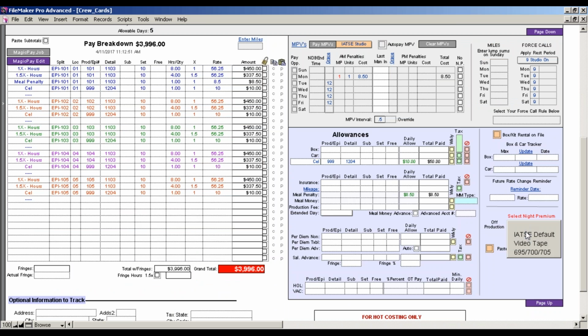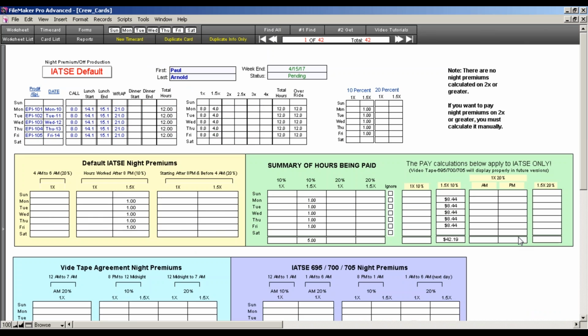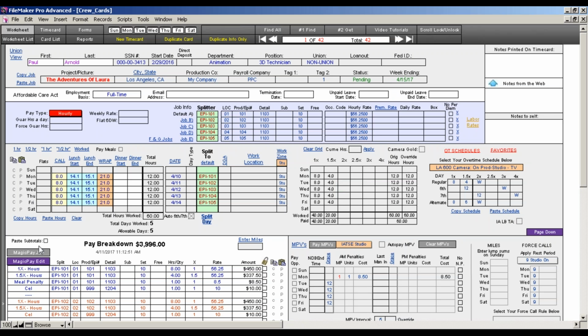All right, so if I come in here and say it's an IATSE, you can actually go in there and see if it's calcing any, by the way, too. And it did, 1 hour at time and a half. Obviously, we went into double time. So it was after 8 is what it was. So fair enough. I go back, and if I hit Magic Pay again,